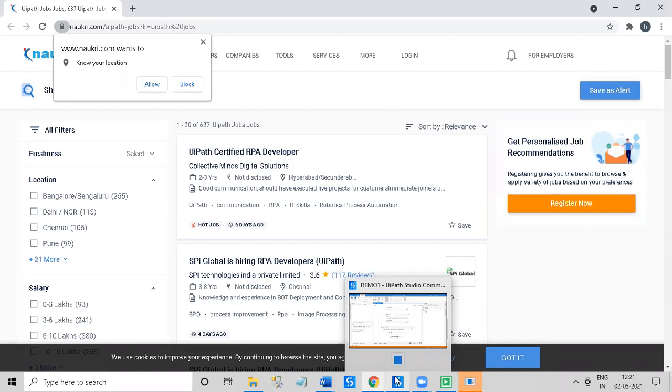Basically, in the beginning we have to learn the UiPath Studio, meaning how to build processes. After that we have to learn the UiPath Orchestrator. Orchestrator will help you to schedule the process, manage the process, secure the process, and deploy the process. You can monitor the process. You can create and delete the process, as well as store the assets in the Orchestrator in order to improve your security, as well as logs. If my process has gone something wrong, then we can manage the log in the Orchestrator.